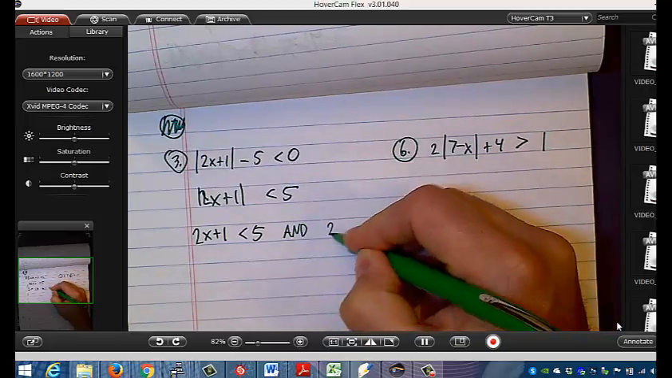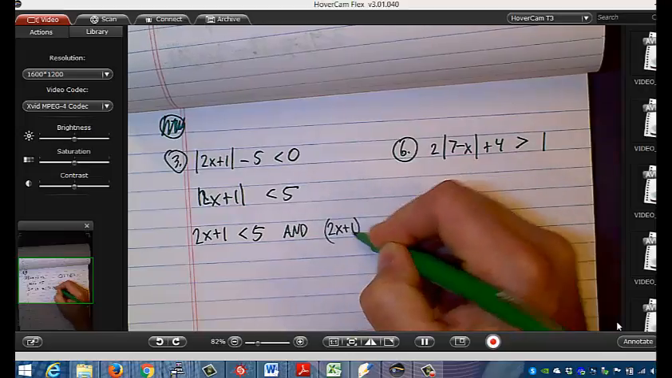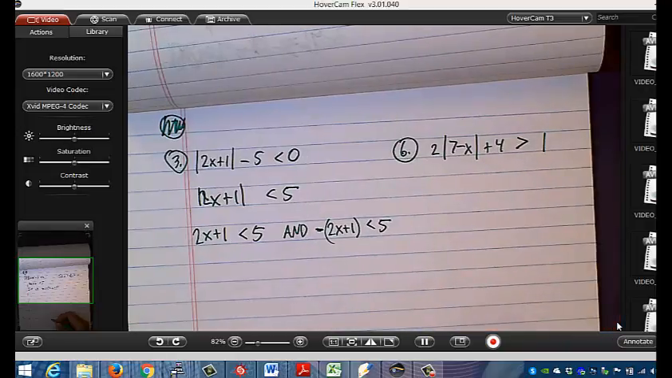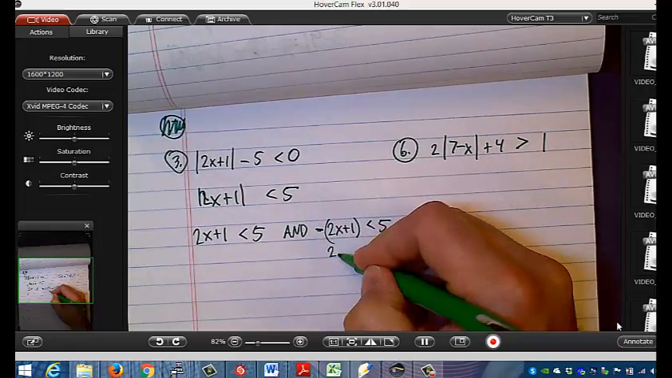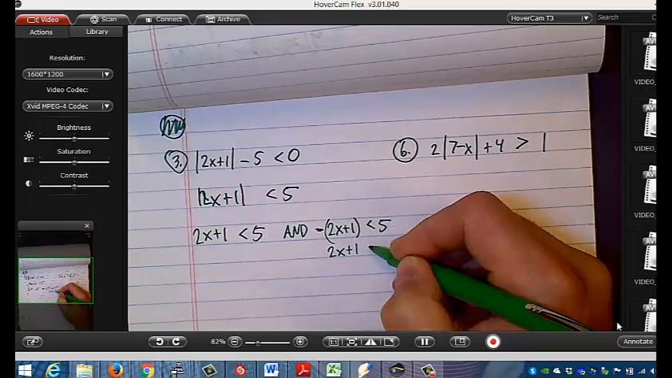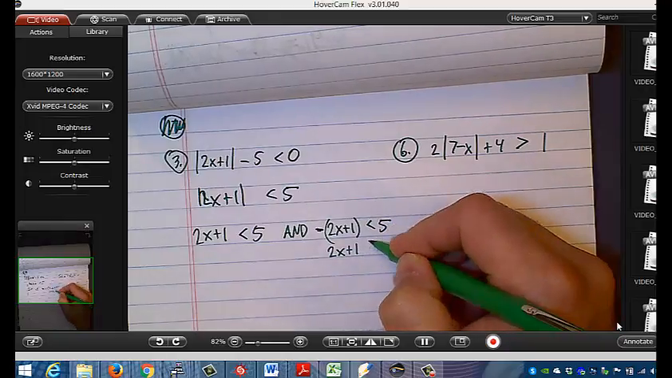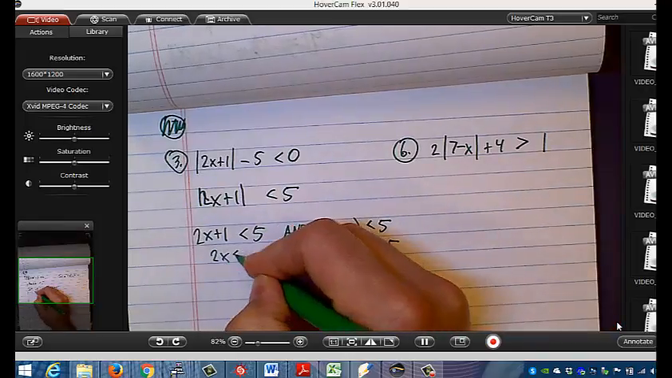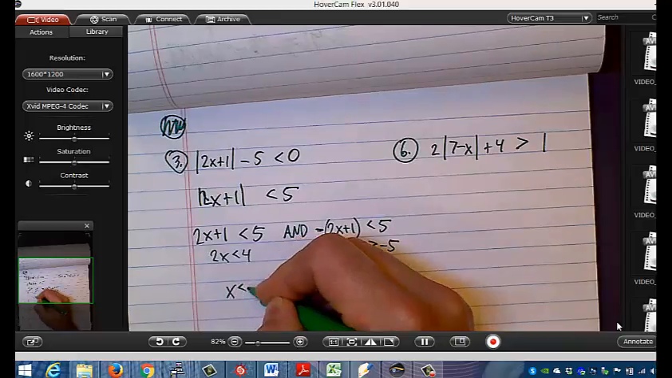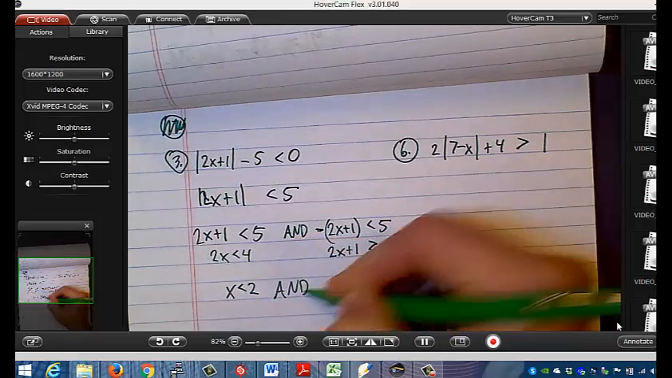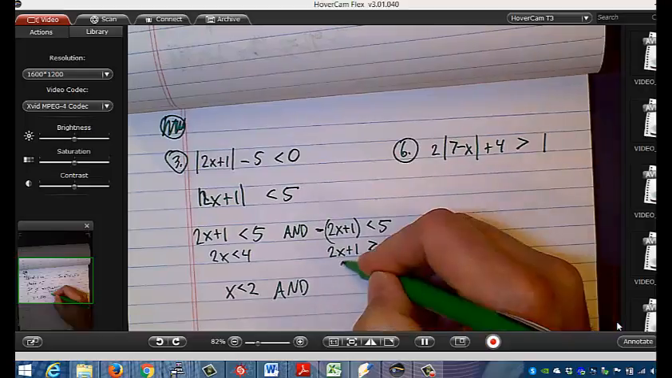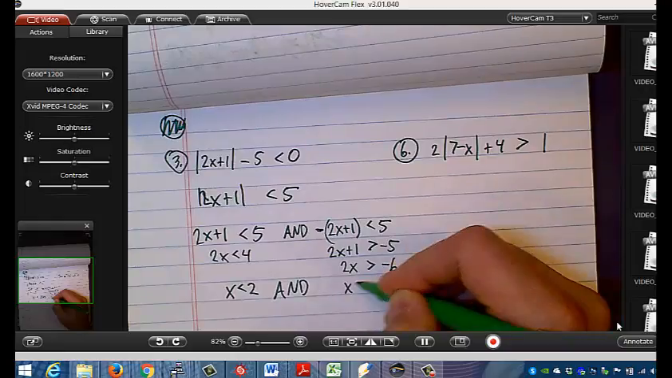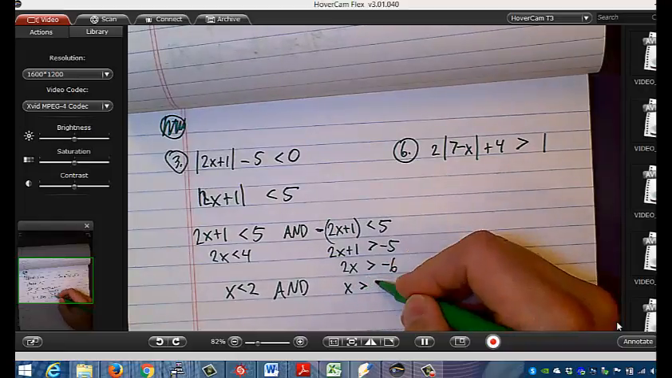And then we get 2x plus 1 with a negative sign in front is less than 5. So maybe the way to do it is to say that 2x plus 1 has to be greater than negative 5. Okay, so let's see. Here I get 2x is less than 4, so I get x is less than 2, and let's see, here I get 2x is greater than negative 6, so I get x is greater than negative 3,